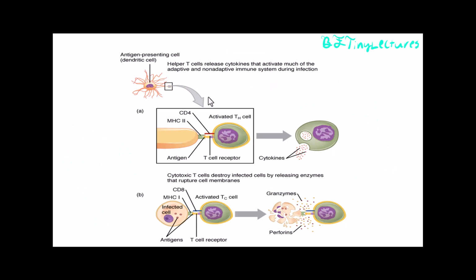We just finished talking about the T helper 1 cells, and we realized that T helper 1 and T helper 2 cells, they don't kill pathogens. They just increase or decrease the immune response, and they also communicate with B cells. If you want to kill pathogens, we have to use something called a cytotoxic T cell. And cytotoxic T cells, those are CD8 cells. And these CD8 cells are going to be what? They're going to be using the major histocompatibility 1 complex. And they are going to be targeting intracellular